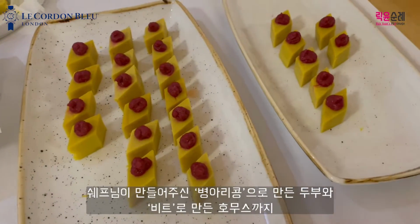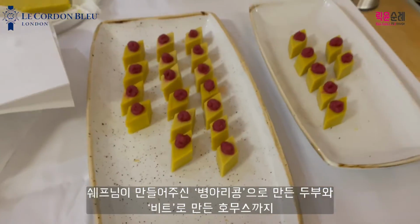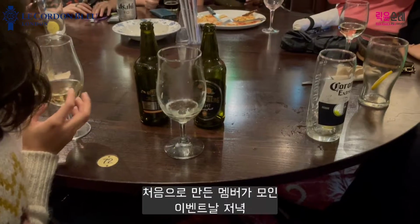Beetroot. Oh, beetroot hummus, yeah, on top. So it's texture very, it's a bit different from tofu because it's made by chickpeas, it's like condensed, but it's really healthy for you. No, what is really interesting is